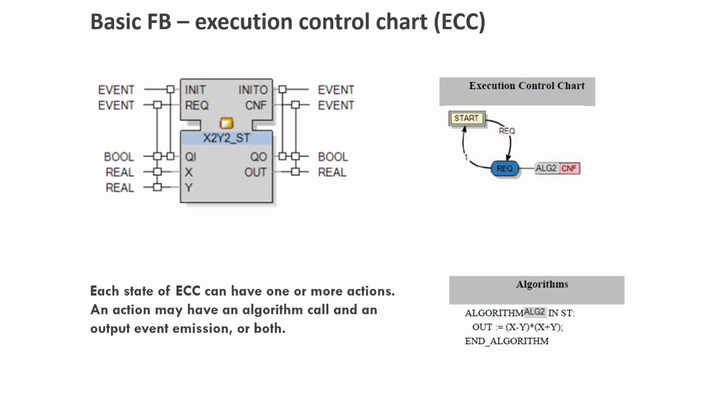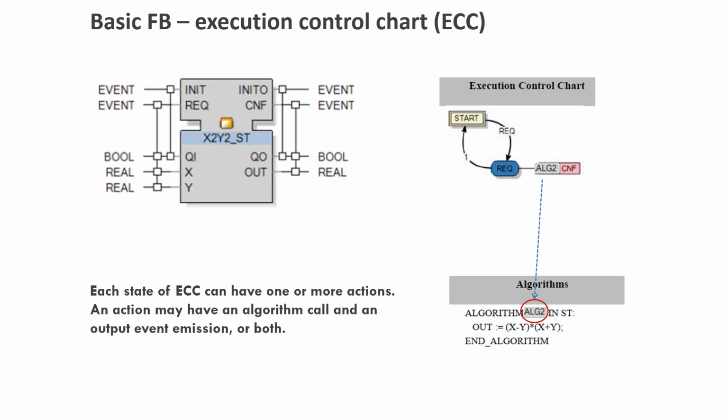So each state can have, as I said, one or more actions associated with it, and an action may have an algorithm call and an output event emission, or it can have both, not necessarily. So it could be only an algorithm and no output event, or only an output event and no algorithm. And in this case, as you can see, we have a slightly modified state machine execution control chart for the same block. We omitted the initialization part, and we have